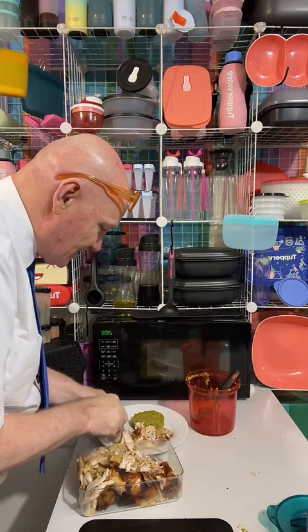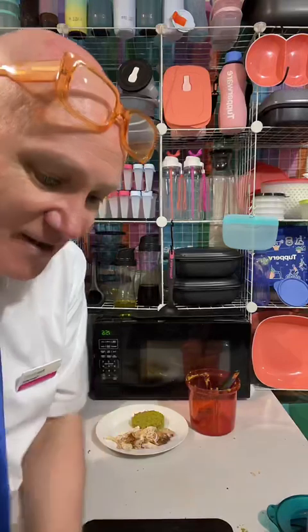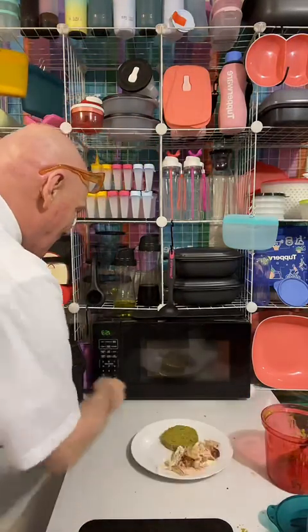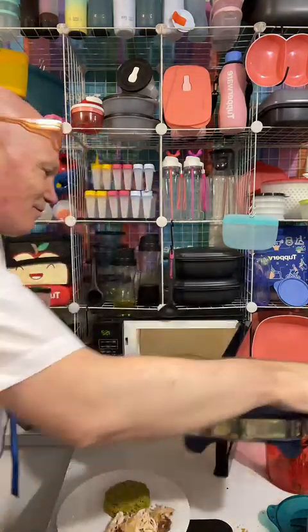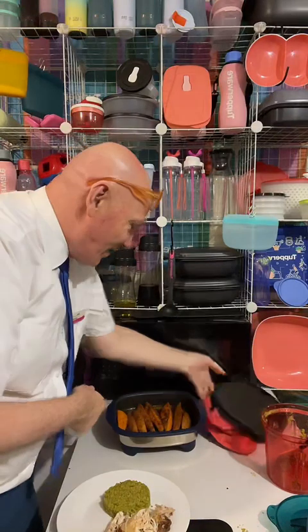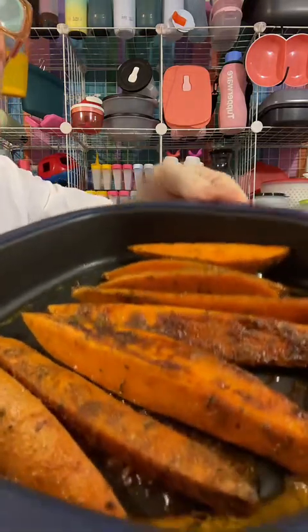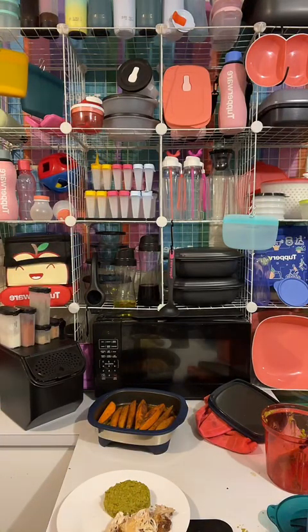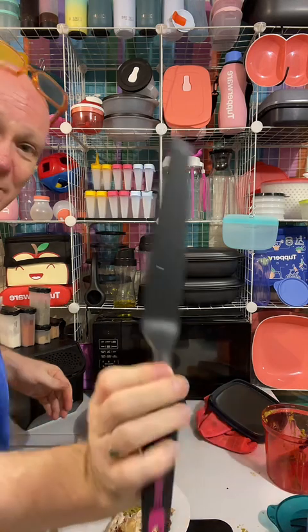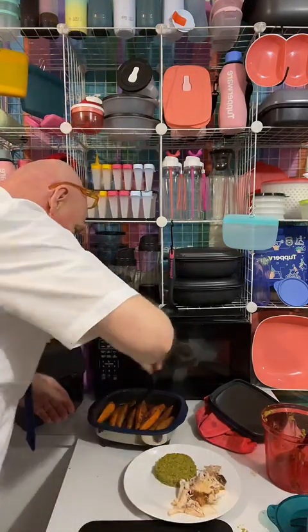Then all we do, let's pretend that those sweet potato wedges have been cooked. Alright. They're actually sizzling. Can you hear that? Look at that. Can you? Oh my goodness. They're sizzling away in there. Let's grab our Tupperware spatula. I like the thin one. It's meant for decorating cakes, but it's ideal for getting things like this out, right? There's a few sweet potato wedges. Look at that. There's dinner. I can serve that with